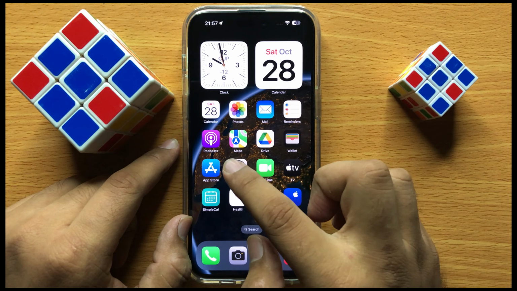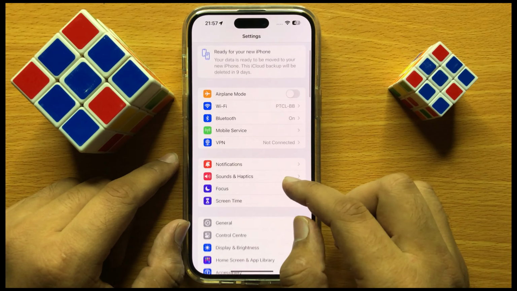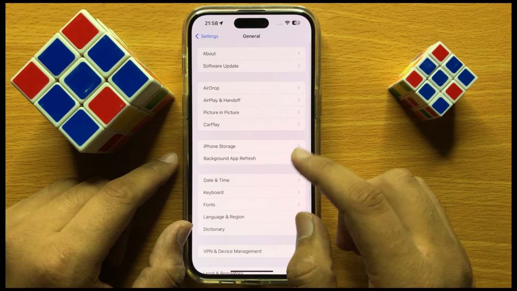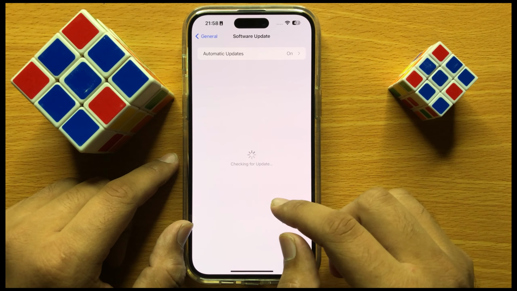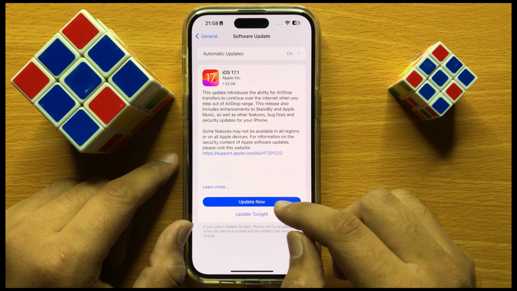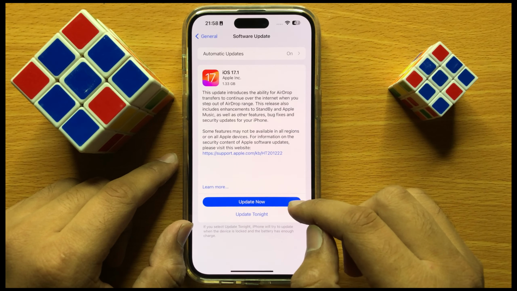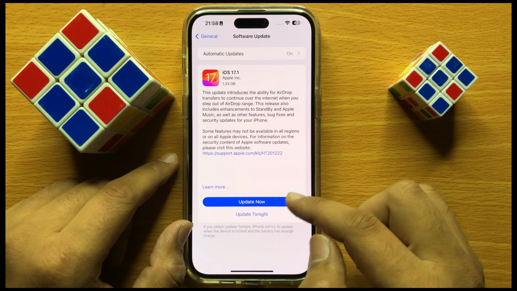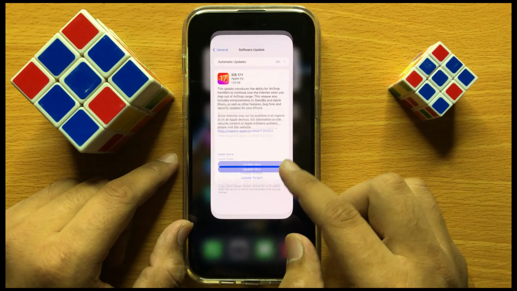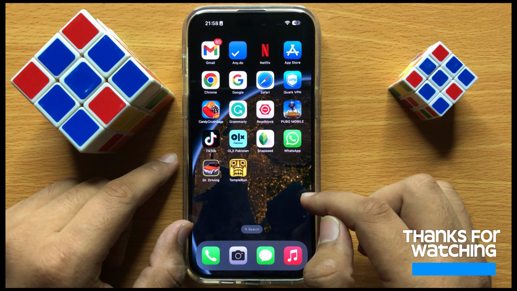So for this, open Settings and click on General, then click on Software Update. Now from here, check if your iPhone is updated or not. If your iPhone is not updated to the latest iOS version, then update it, and after updating, your cellular data or mobile data